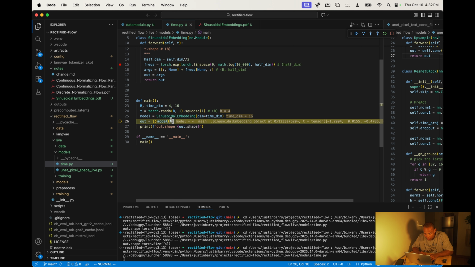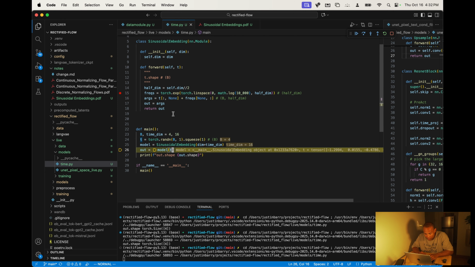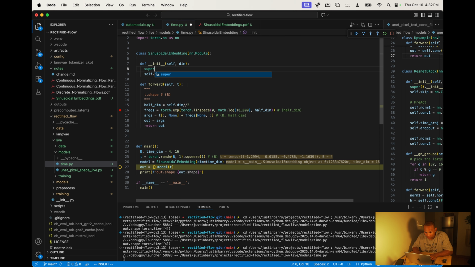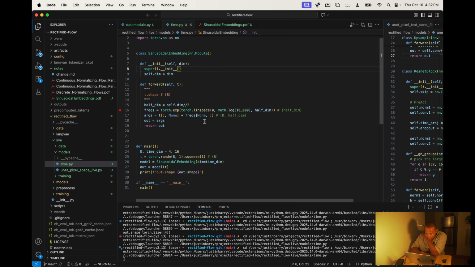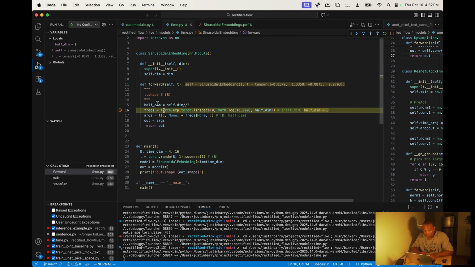Sinusoidal embedding has no attribute model T. Sinusoidal dims, time dim. Oh, super dot init. Okay, so